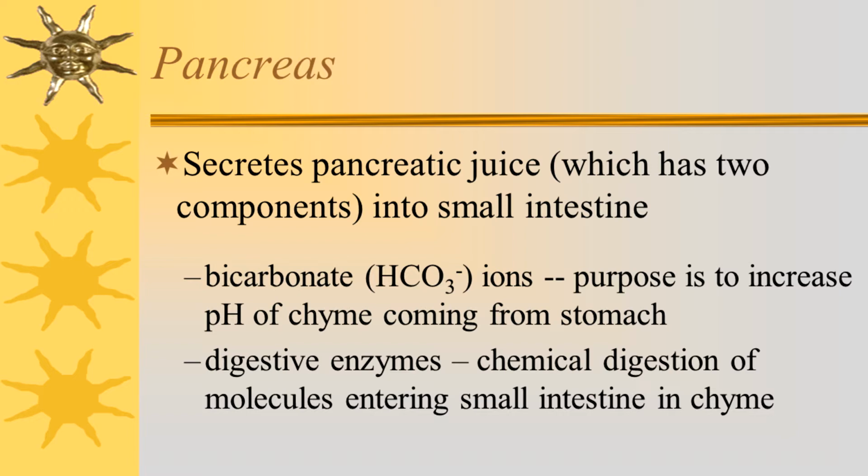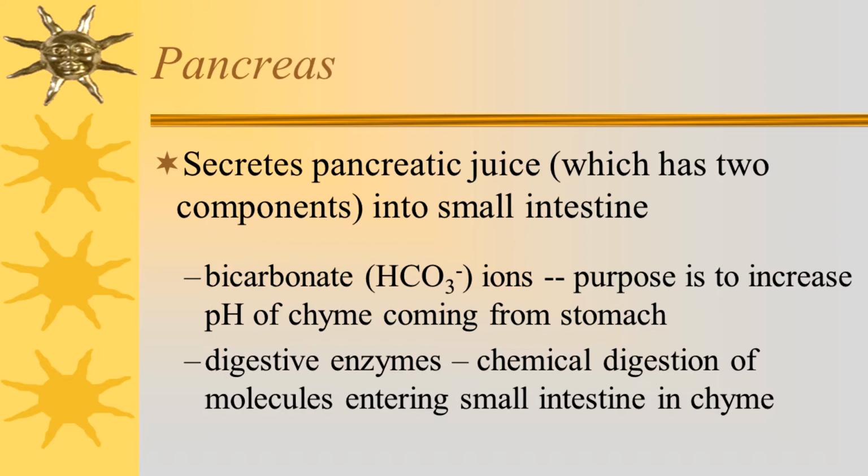So typically, what is the pH of the chyme in the stomach? 2. And as it enters the small intestine, we need to raise the pH to about 5.5 to 6, 6.5 as the chyme moves through the small intestine. So that is done, of course, with bicarbonate ions. And I suspect all of us by this point understand how dumping bicarbonate ions into something will raise the pH. And then the pancreas also will secrete a number of digestive enzymes that will be important in